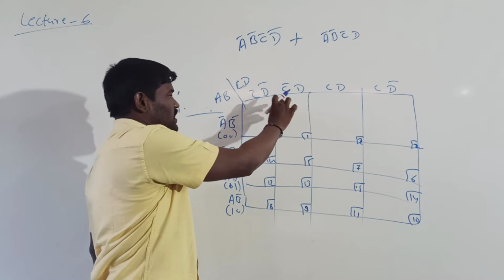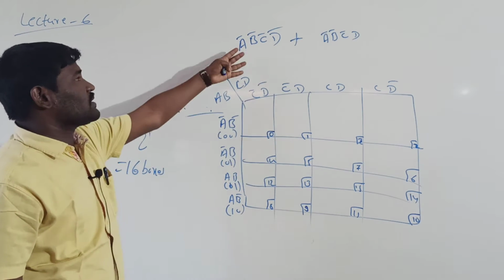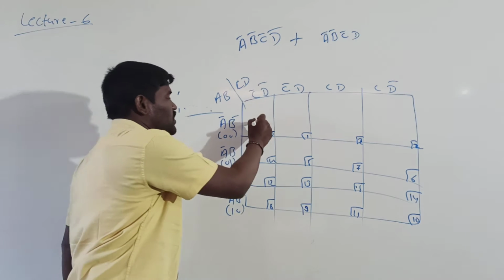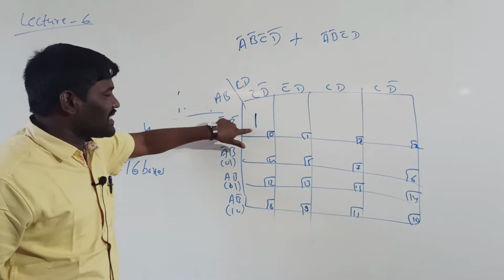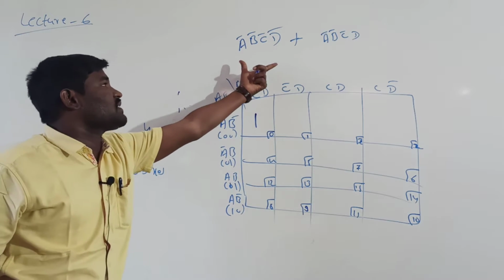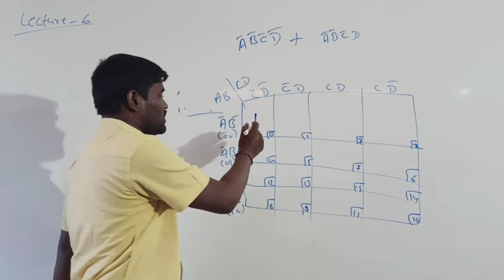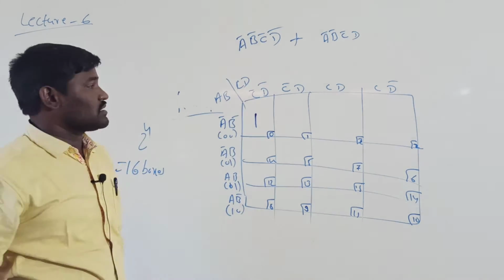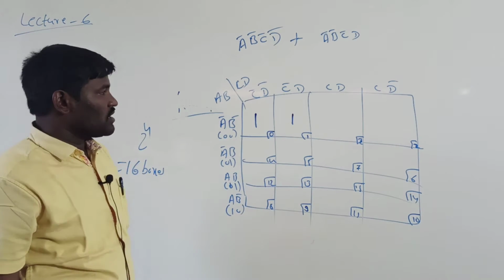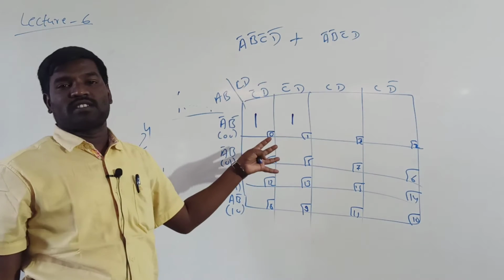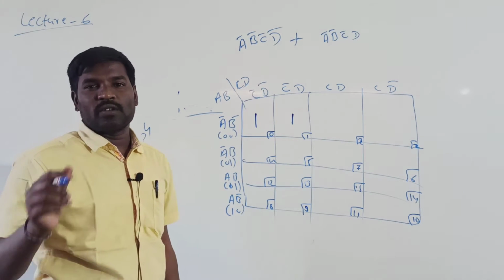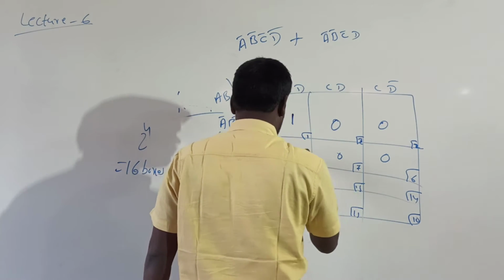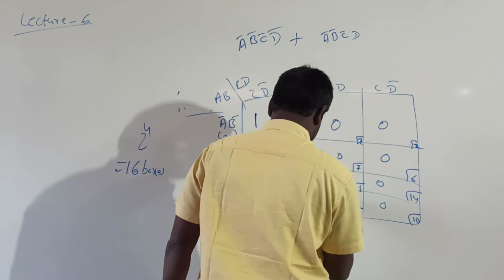See here, this is the first box and this is the second box. Whatever product is present in the given question, in that box we have to fill 1. Here 1 indicates it is present in the given expression. See here, the value of 0 position is A bar, B bar, C bar, D bar. It is already present, so that's why I can put 1. In the same way, 1. And the remaining boxes must be filled with 0. If you want, you can fill with 0, otherwise you can leave them. Better to fill with 0. Here 0 indicates absent.